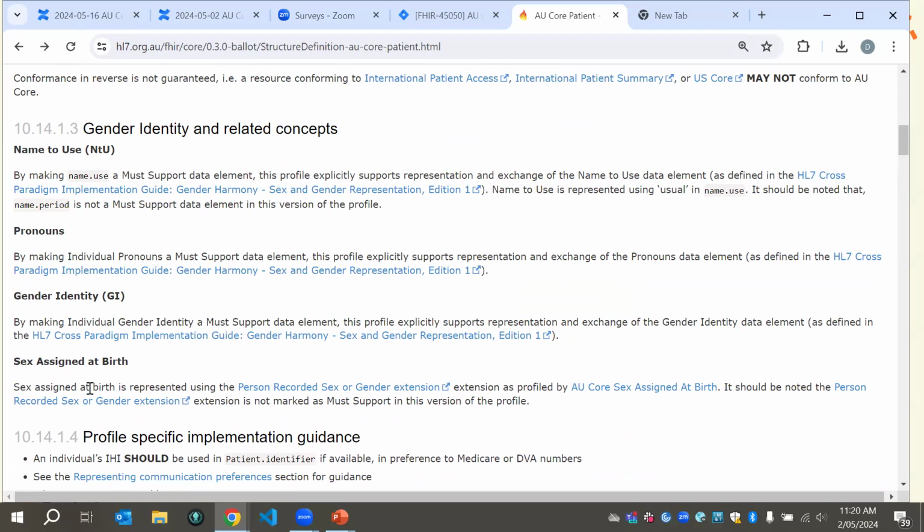Are there any objections to adding a statement to that effect in pronouns and gender identity? I don't object. I think the further clarification is going to be helpful. Yep, sounds good. So procedurally, that would be adding a profile-specific implementation guidance on individual pronouns, similar to gender identity, which needs to be worked through with the firework group on AU base, and adding a statement on localization, gender identity, and pronouns in this section. Yep.